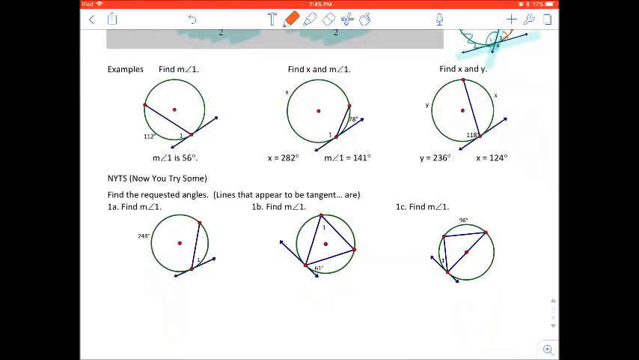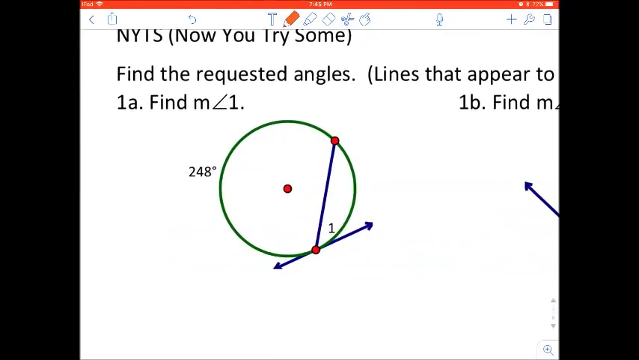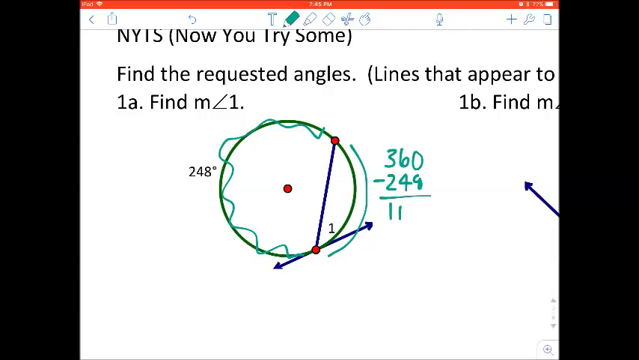There are some that are completed for you. If you look at example 1 in the Now You Try It section, we want to solve for angle 1. We are given the major arc is 248. That means that this minor arc is going to be 360 minus 248, which is 112 degrees. And since this angle intercepts that arc from a tangent-secant relationship, or even tangent-chord, angle 1 is going to be half of the arc it intercepts, so half of 112 degrees,